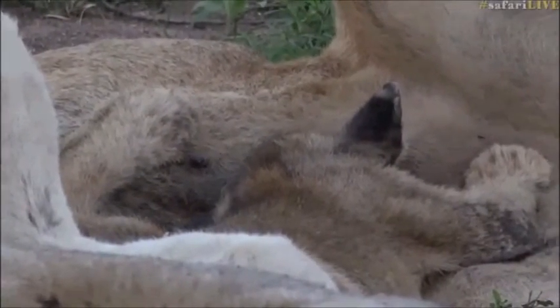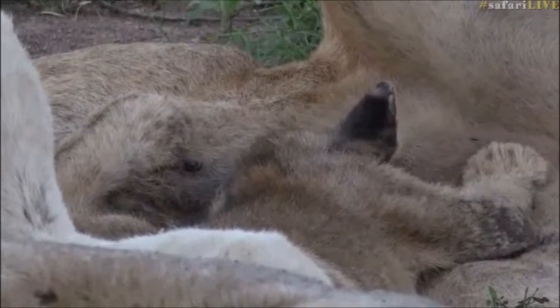At last, these cubs have decided to move, and they've jumped